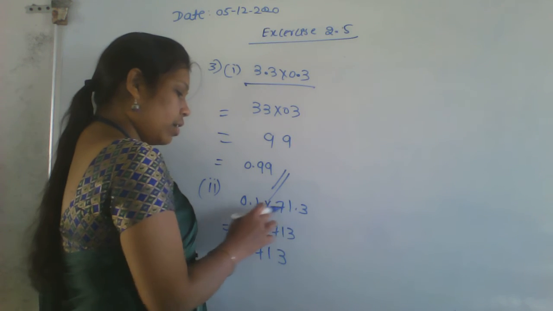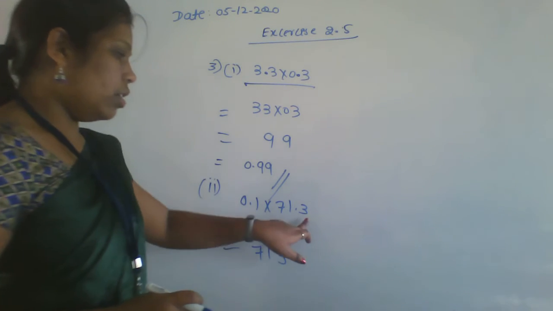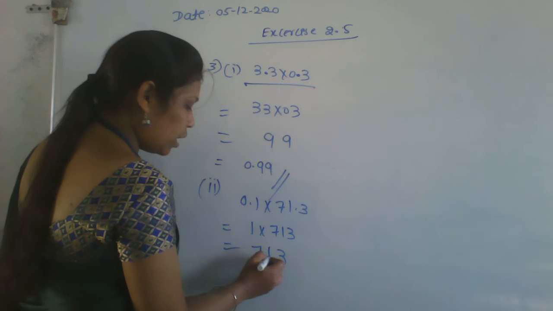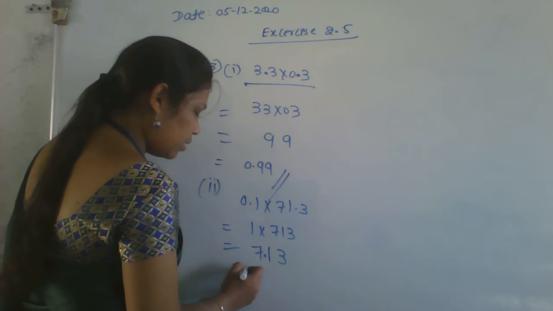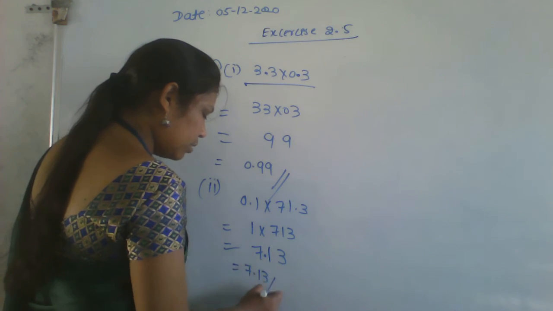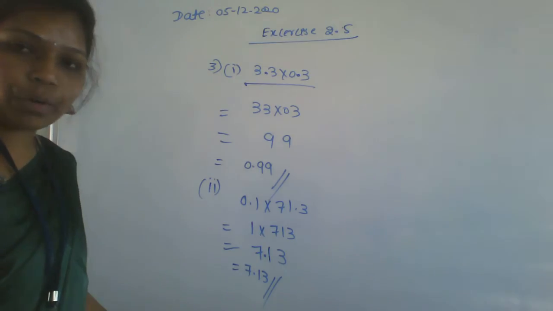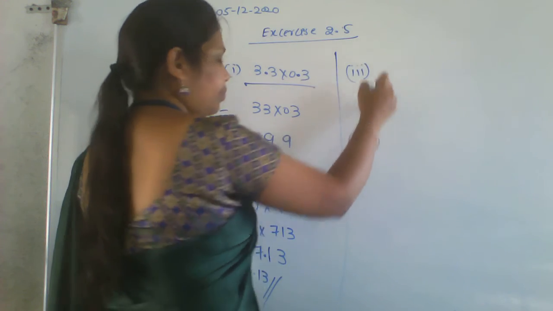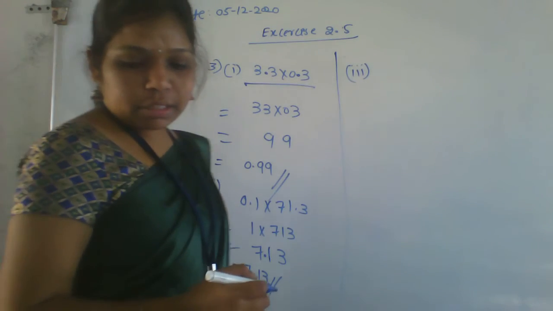Here also one number, here also one number. Right? Here also one, here also one. Again 2. So after 2 numbers, you have to put a decimal point. That answer is 7.13. 7.13 is the answer. Next, go for the third one. Third one means